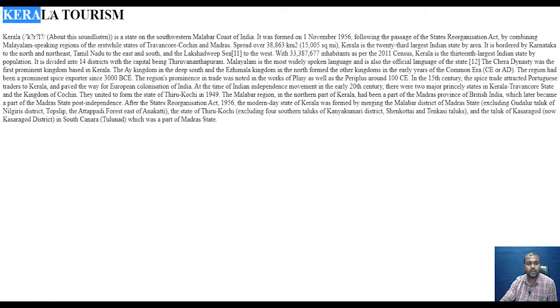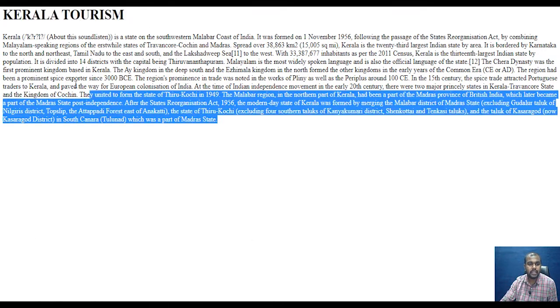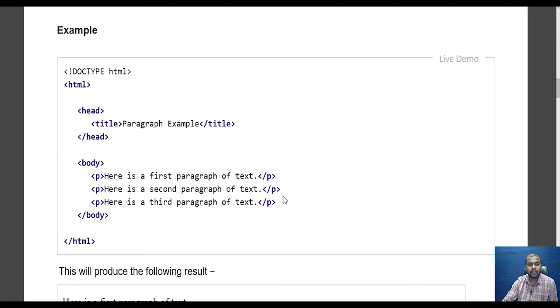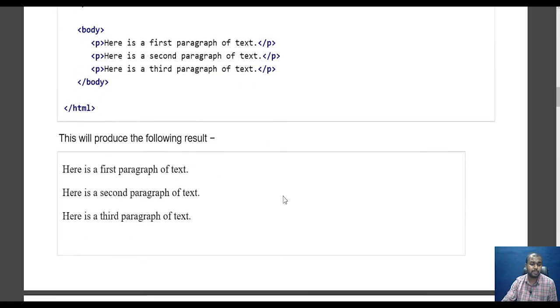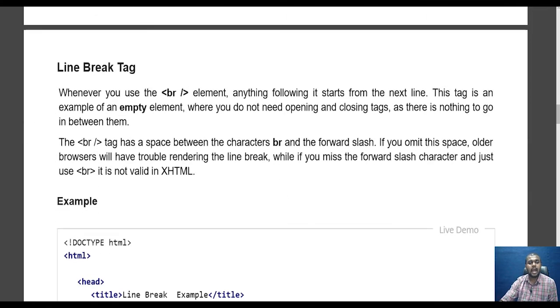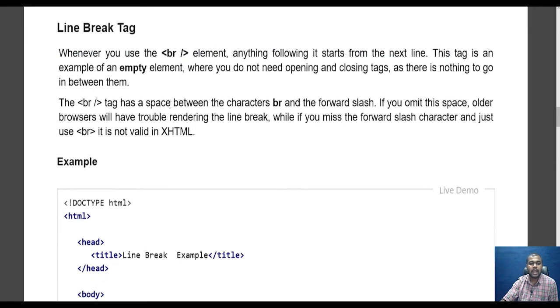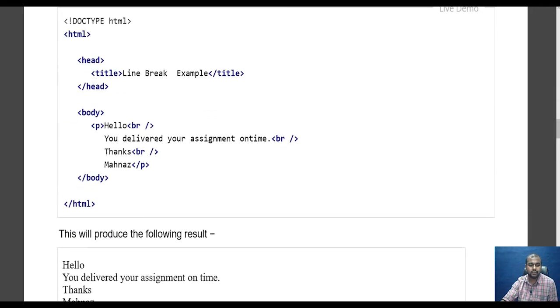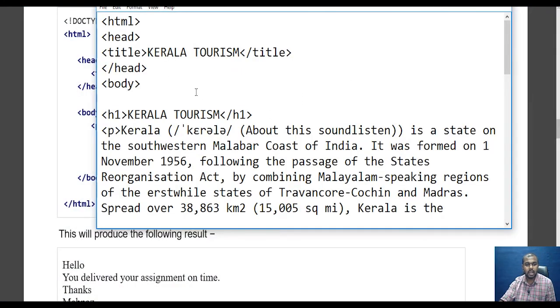So the first tag which we used was the h1 tag. The second tag was the paragraph tag. Okay, fine. So using paragraph, you can give a paragraph, format it, and display it on the screen. Now you have something called the line break tag. The line break tag, or BR tag, is a non-pair tag. I call it a non-pair tag because it doesn't have an opening tag and a closing tag. For example, I'm going to put this BR tag in between Kerala and